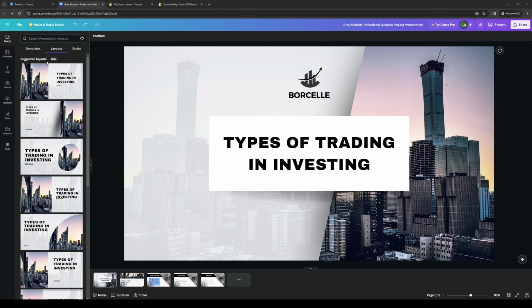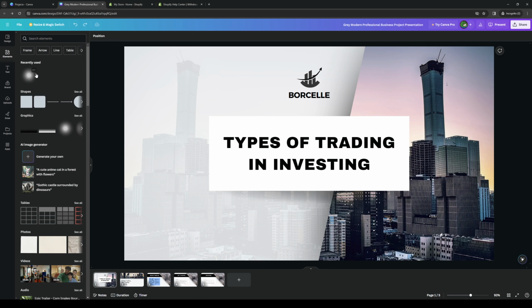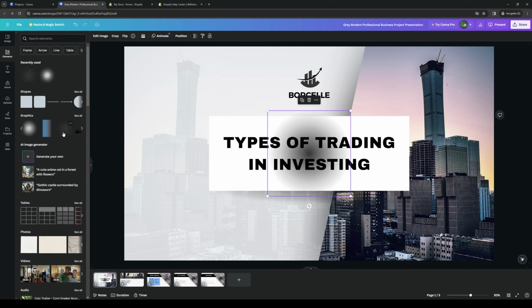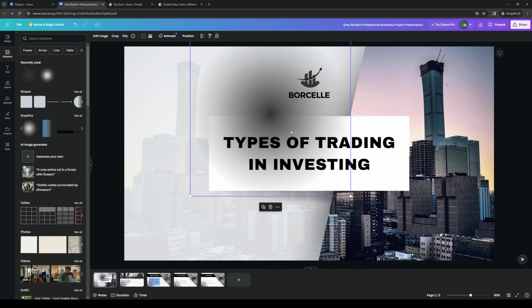So in my case, I have this dummy slideshow right here, and the idea is we could either click on the graphics button under elements, which I'll show you right now. You want to navigate to the left hand side of the screen, and between design and text, you'll see that there's an option that's called elements. From here, you basically want to select the graphics that you want to apply to the current slide that you're viewing, and you can do stuff like resize it,